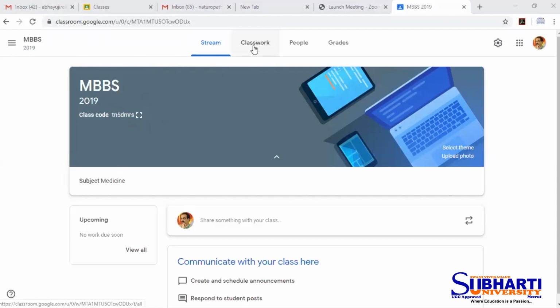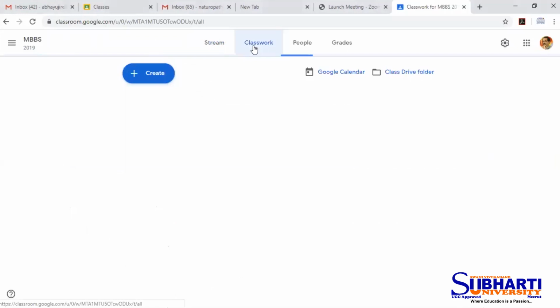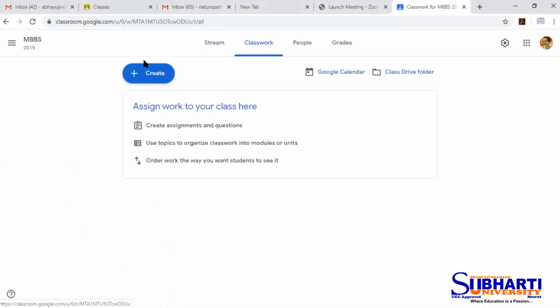Now, the other feature of Google Classroom is classwork. When we click on Classroom, there is a create button here, a Google Calendar, and a class drive folder. Every Gmail account is associated with a drive folder, so we can store the files we have uploaded in Google Classroom in the Google Drive folder.